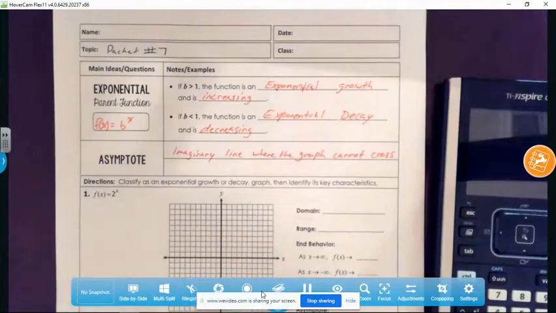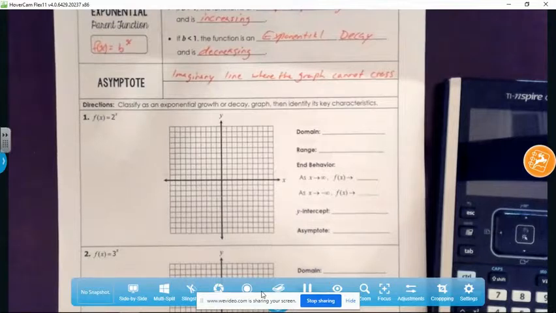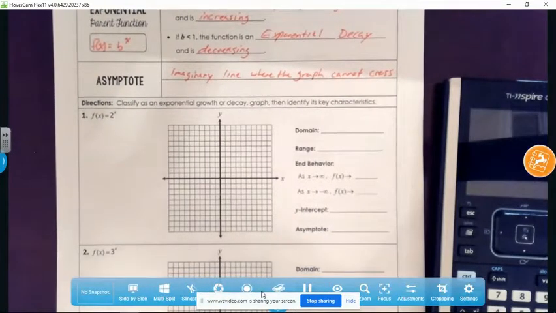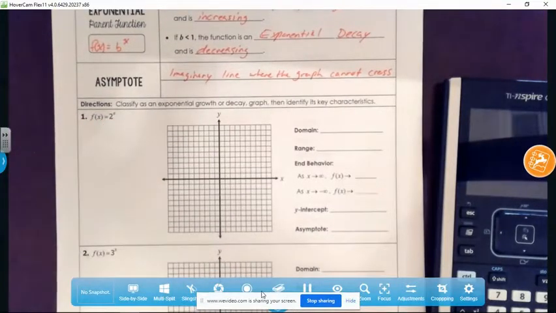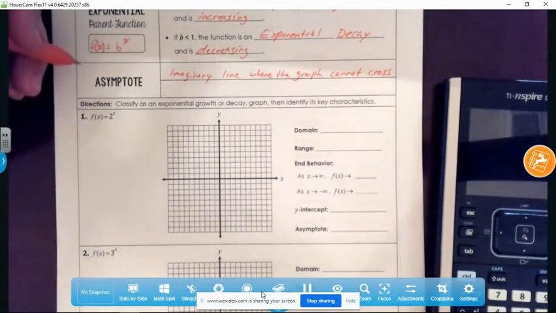At the characteristics of exponential growth and decay, and then identify its domain and range, behavior, y-intercept, and asymptotes. So when we look at this first graph right here, we see f of x is equal to 2 raised to the x power. So if I wanted to make a table based off of these values, I'm going to go ahead and start with